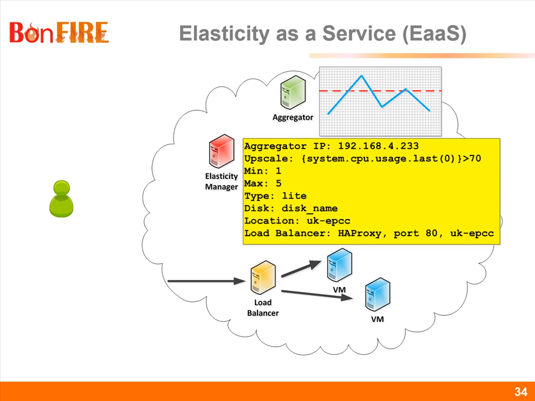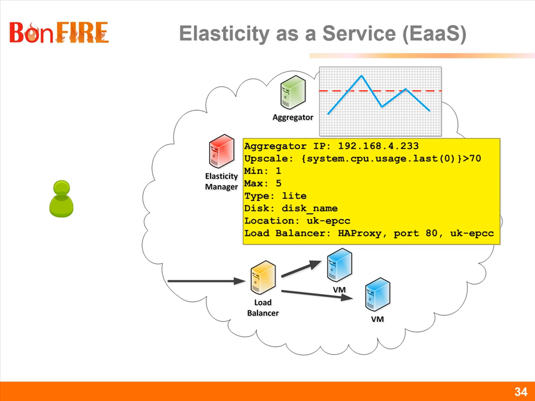Now this is clearly a usability facility compared to the other. It's much more usable than the other elasticity options that we've got on BonFIRE. But additionally, there are clever algorithms that decide on whether a new VM should be spawned or not, which makes the spawning and deleting of the extra VMs much more efficient,